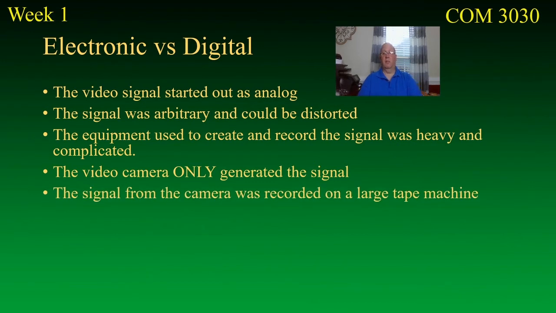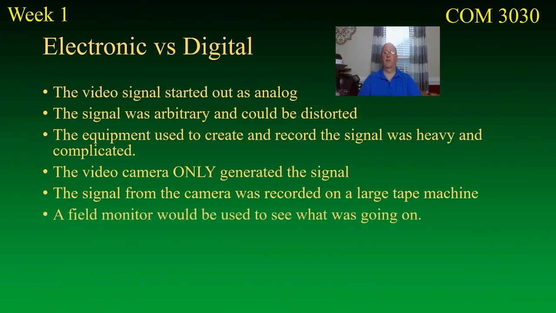Okay, the signal from the camera would have to be recorded on a large videotape machine. So you would have your camera out in the field, which weighed about 20 pounds. Then you would have a field deck of some kind, which the batteries alone weigh like 10 pounds. And so you have this heavy field deck. People would carry them over their shoulder, or you'd set it up on a table somewhere, and of course you'd have to bring tapes, and then you would record on the tapes. And then in order to see the recording, you would have to have some kind of a field monitor and other equipment. And so the average video shoot, even a single camera shoot, was cumbersome.